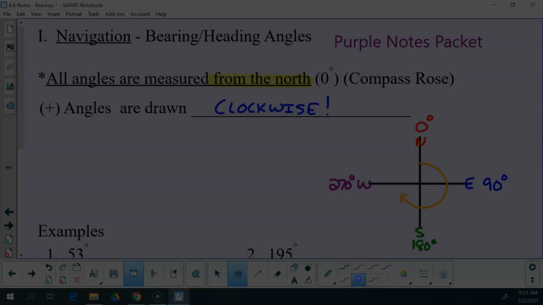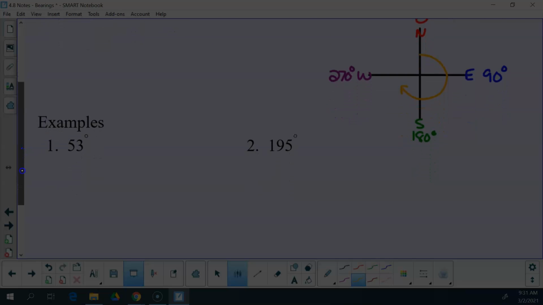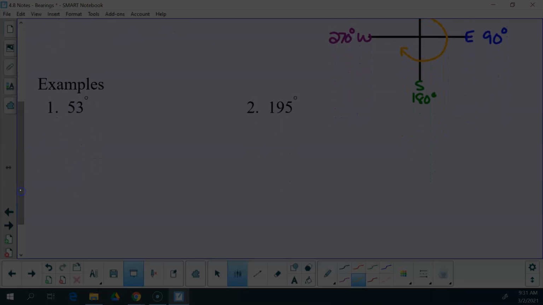Okay? But once you get through that wall, once you write down the problem, whatever it is you need to go figure out what the actual angles are, then we're back to normal. It's just a matter of finding where those angles are. So for instance, we have two of them here. We have 53 degrees and 195 degrees. If I were to draw out these two angles,